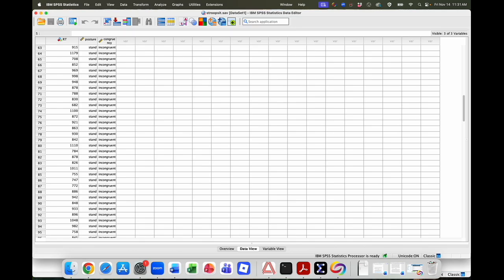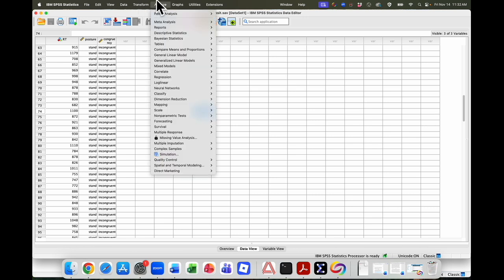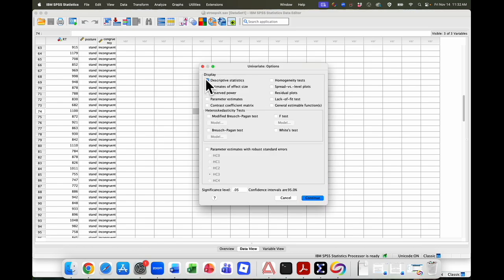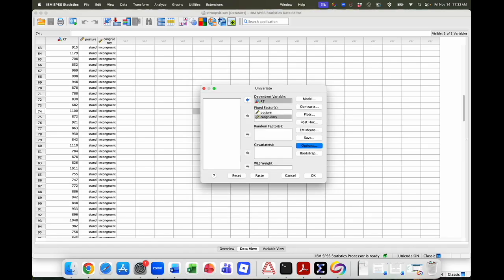Now, to conduct a between subjects factorial ANOVA, between subjects two-factor analysis of variance is another way to put that, we go to Analyze, General Linear Model, Univariate. Our fixed factors are our independent variables, so we have posture and congruency. Reaction time is our dependent variable, so we put that here in dependent variable. Now remember, it's always a good idea to get your descriptive statistics so you can see what is going on